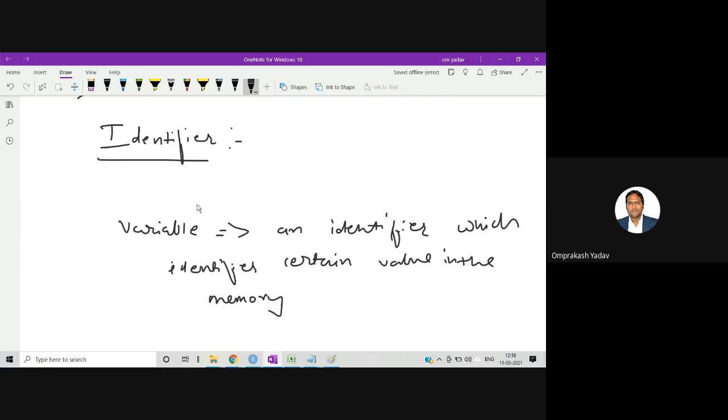So what are the things which are called identifiers in the C language?